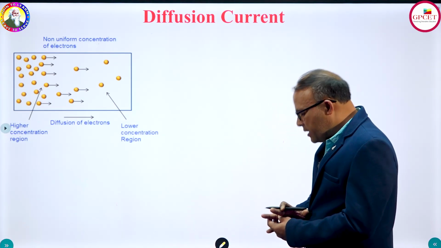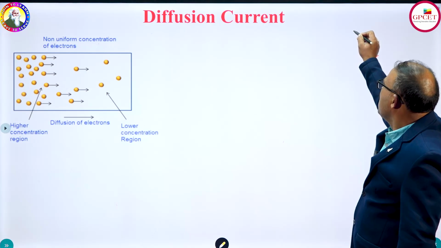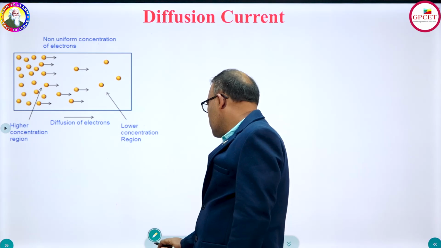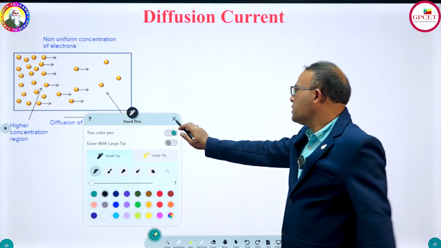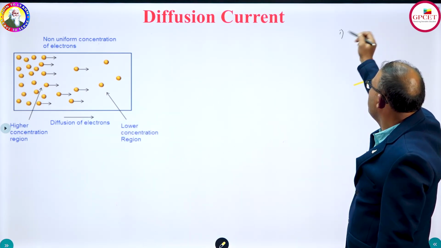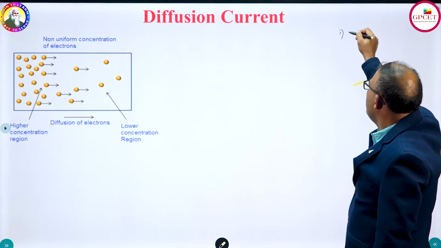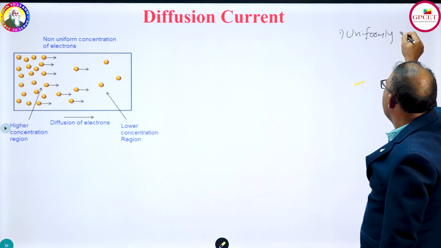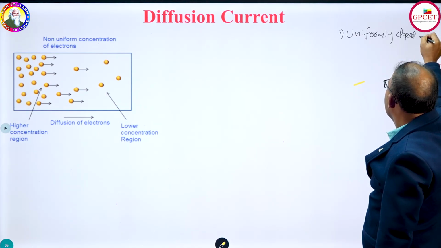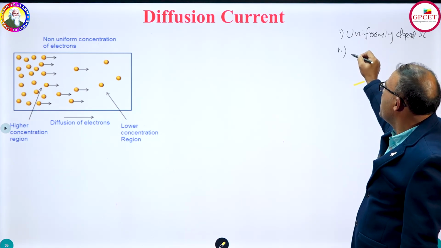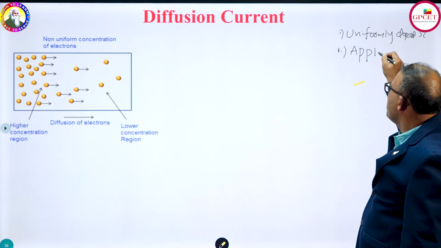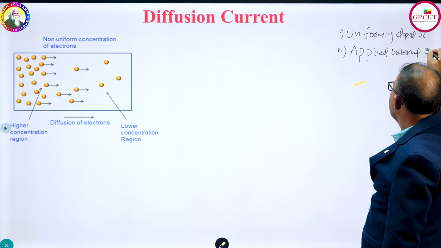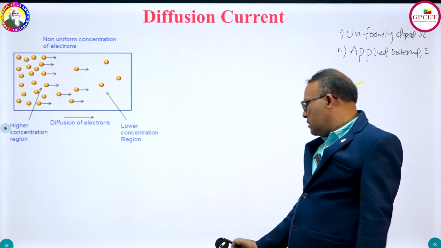So, in drift current, we have processed two steps. The first one is that we used a uniformly doped semiconductor, and the second step is that we applied an external electric field. That is E. But here in this